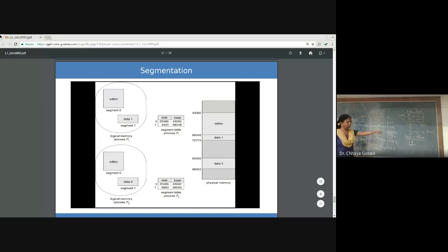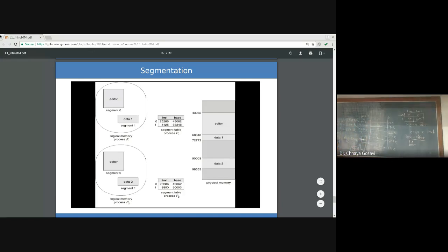Base address, and how to get that base address? From the segment number. So the logical address is segment number plus offset, and the segment number will point to the segment table index, which will read the base. You add that offset, which is 40, the 40th line I want to read, and that should be less than limit. This is for the protection mechanism. It should not access other processes' data or operating system data. So base plus offset, which is here again 40, will point to this line number 40.